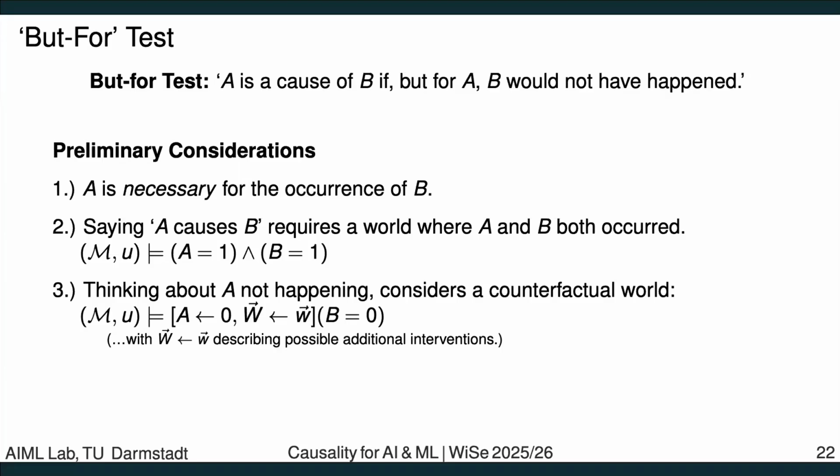And in the last case, we need to also think about what would have happened if A was not observed. But as always with counterfactuals, we only observe that A happened, and we then counterfactually reason via interventions that A might not have happened. And here we are also free to set some other variables. We will define that later. So we might want to introduce some other interventions too, with the fact in the end that B, due to this intervention, doesn't happen in our counterfactual model.